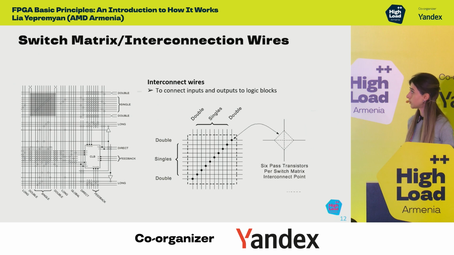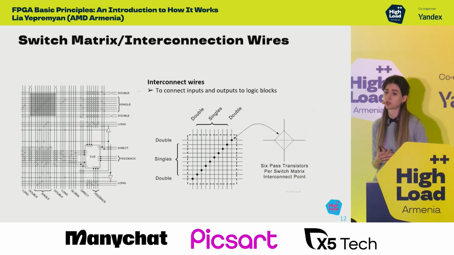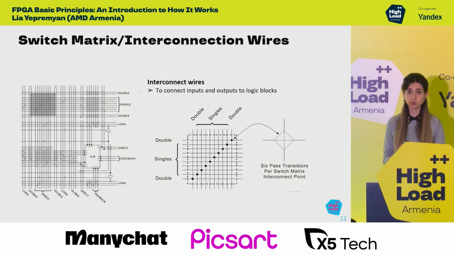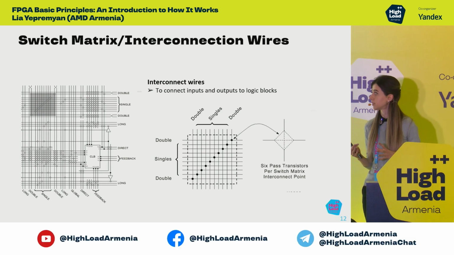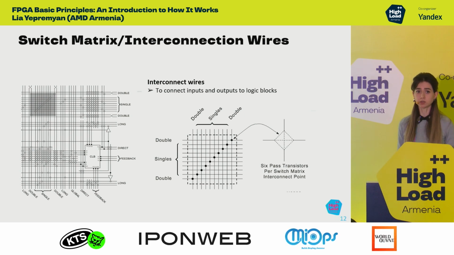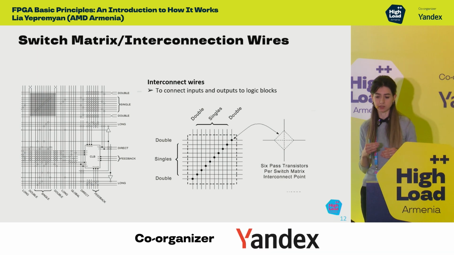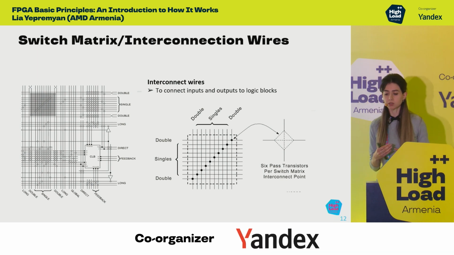The next one is switching matrices, or interconnection wires. Switching matrices are used for connection between I/O logics and I/O cells inside the FPGA. They are connecting short and long wires inside the FPGA. Transistors are also used to turn on and off the connection between desired layers. Programming